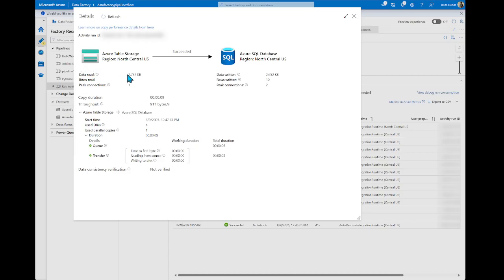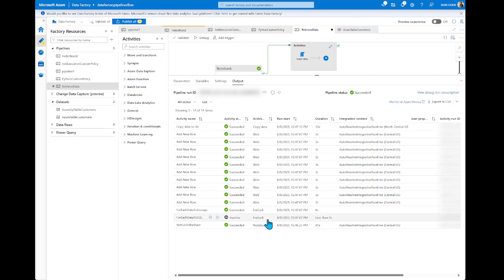You can see how much data we read, how much data was written, what kind of connection, what kind of throughput, everything you see in these interesting statistics using this copy activity. And it works very fast with large data. If you have, as I mentioned, millions of rows, it's better to use this particular activity to copy data from one source to another one.